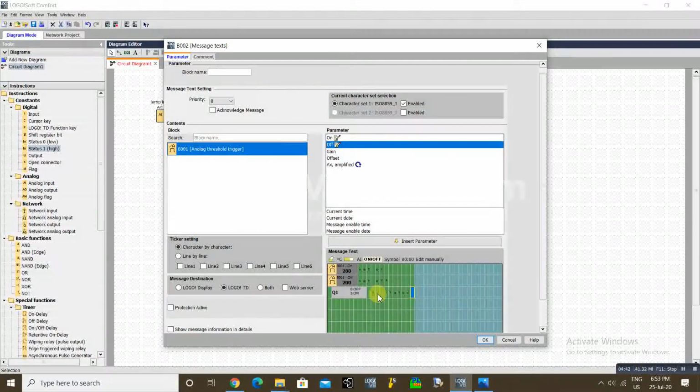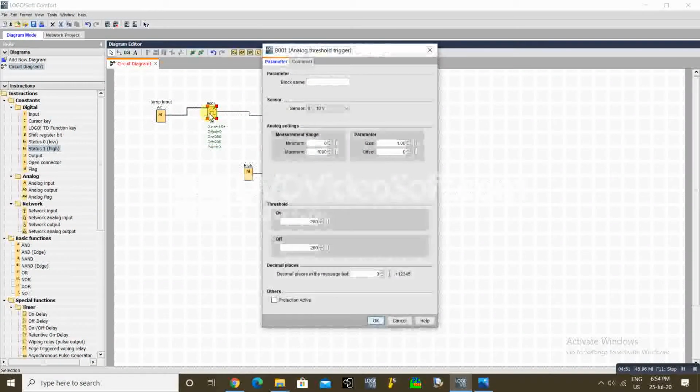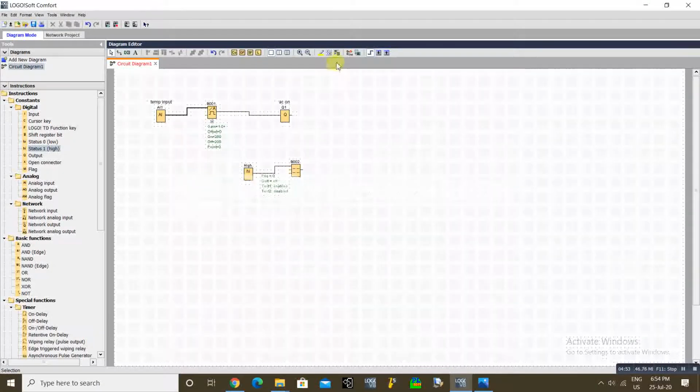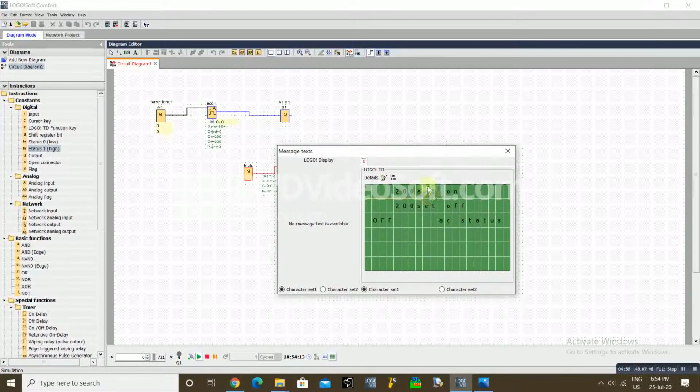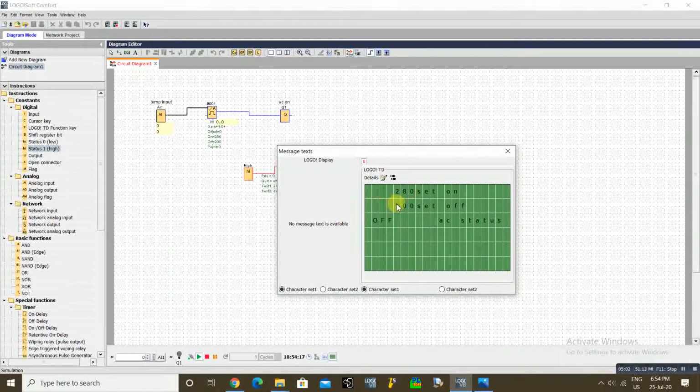Now we will see how our parameters look in the text display. Go for simulation. This is how our parameters look on the text display.